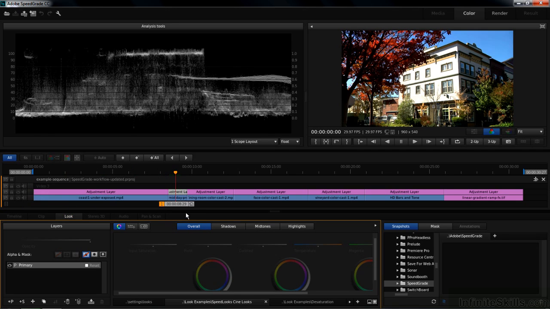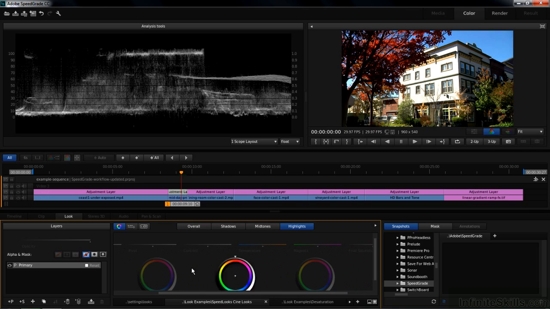Take the playhead and move it to this clip over here. This is the building we wanted to fix. I want to change its color now, so I'm going to select its adjustment layer to make it active. And I want to work on that area there, and I know that that is a highlight. What's cool about SpeedGrade is that you can work on a region within a region. So I'm going to go over here a bit, open this up and click on Highlights.